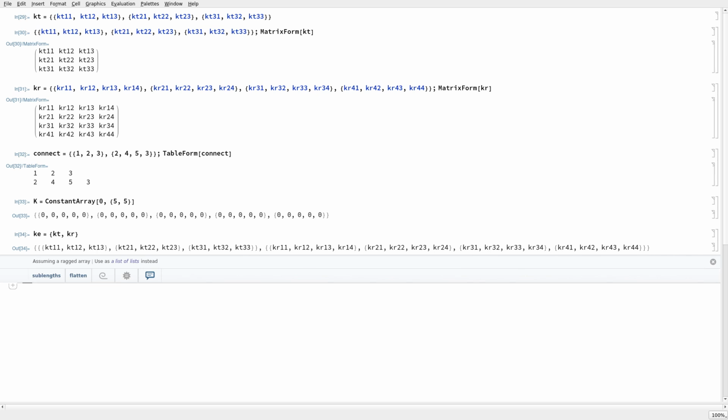let's return to the assembly here. So what we're going to do is just use a looping structure. In Mathematica, we can call that a Do loop. And there's only two elements, so we're just going to loop over, from i goes from 1 to 2. And what we're going to do is take the connectivity array, the ith entry, that's the first row of the connectivity array, and use that to index into our global stiffness matrix. So